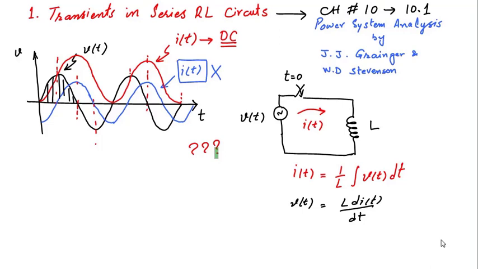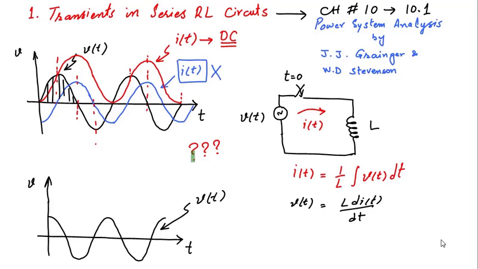To answer this, the reason behind why we have a DC in that current, let's see another situation. At the time when the switch has closed, let's assume the applied voltage has this waveform, where you can see the voltage is starting at its positive peak, then reduces to 0 and enters into the negative cycle, comes back to 0 and then becomes positive. So that is the same voltage as above, but this time when we close the switch at time t equal to 0, the instant on the voltage waveform was as the voltage was passing through its positive peak value. So this is a situation.